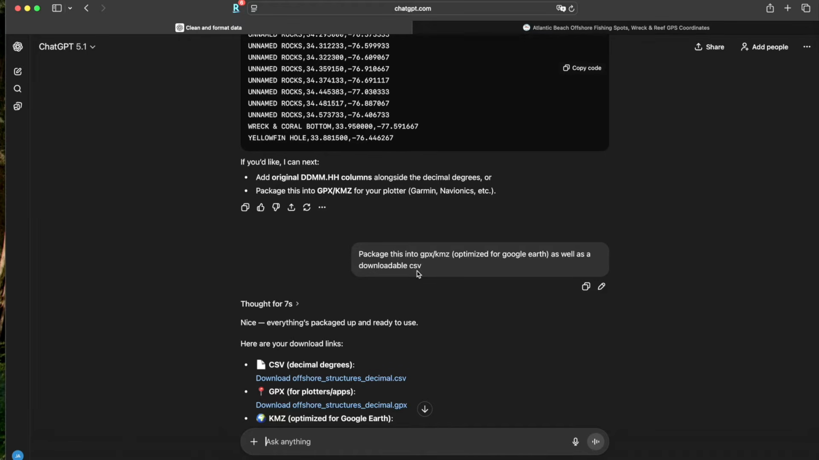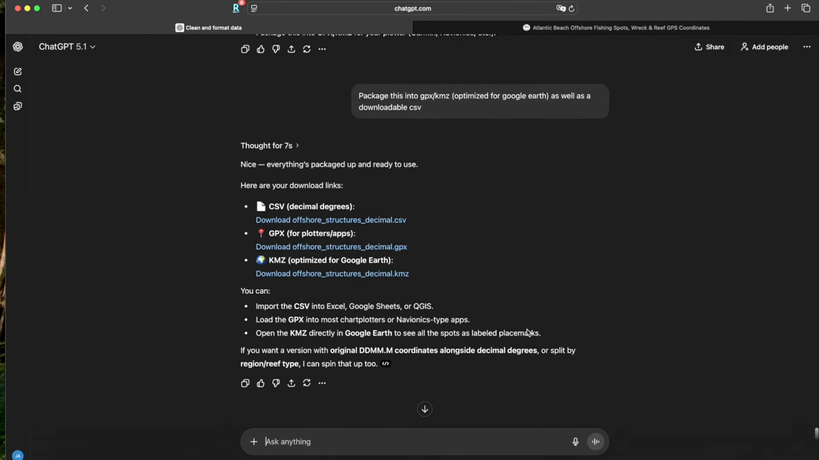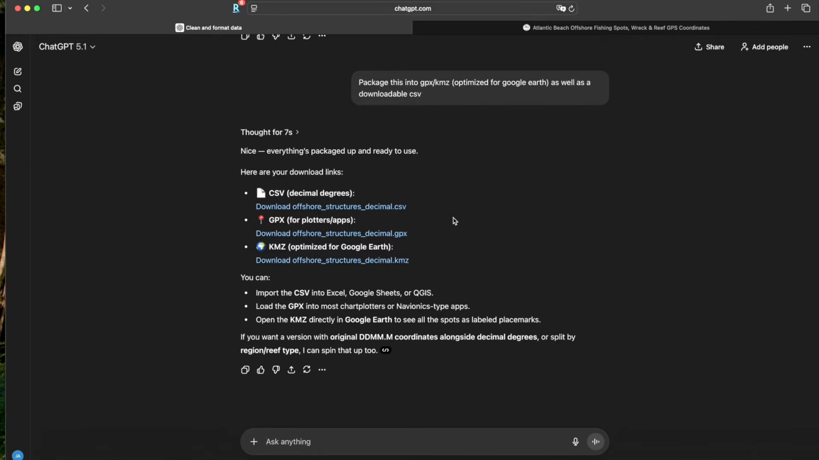As well as I want a downloadable spreadsheet, a CSV spreadsheet. So that's what it did. It took me some time. I had to really figure out what it wanted me to give it as far as directions. But now I have